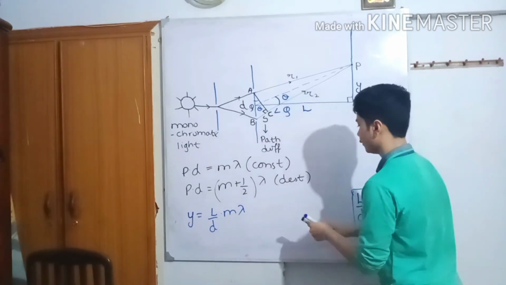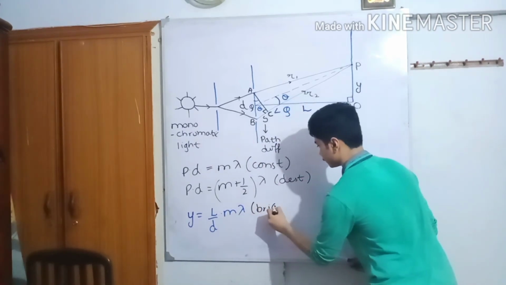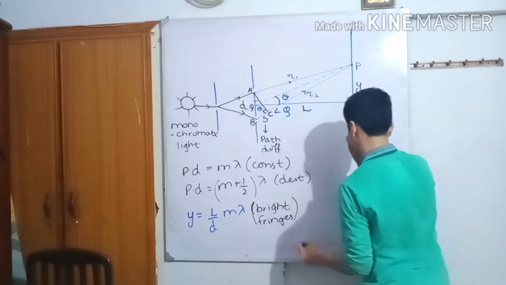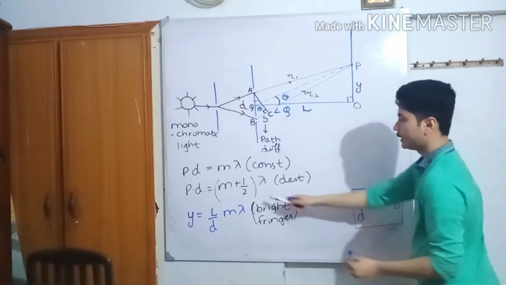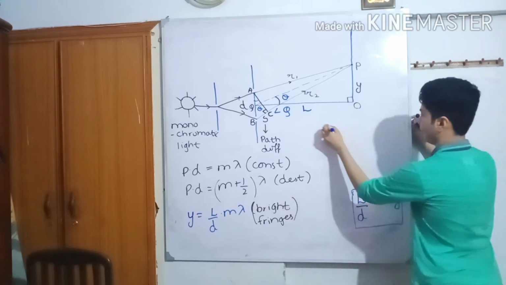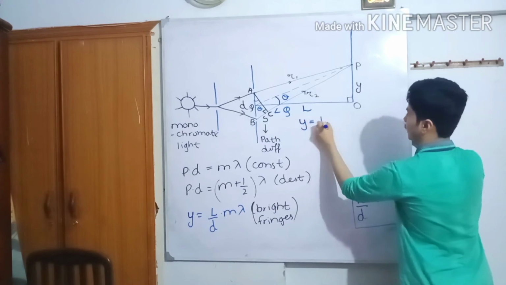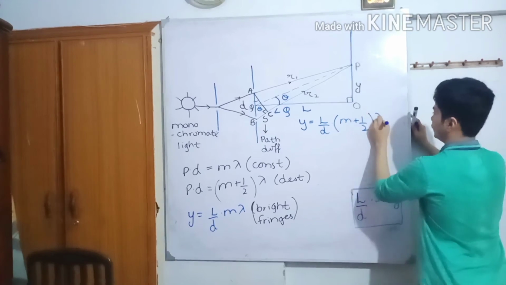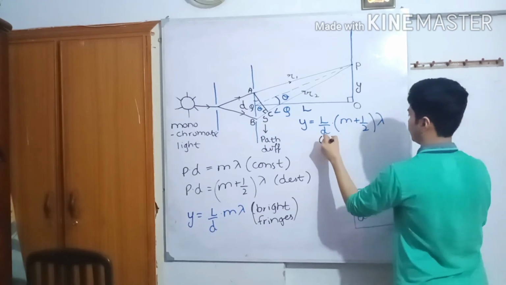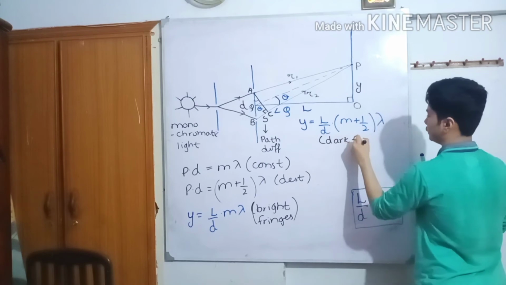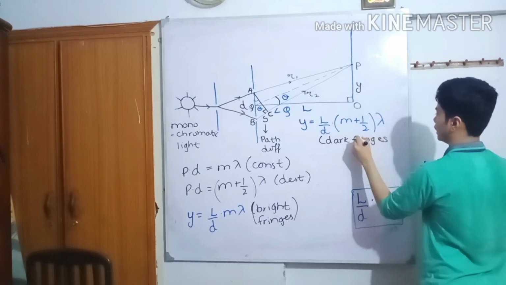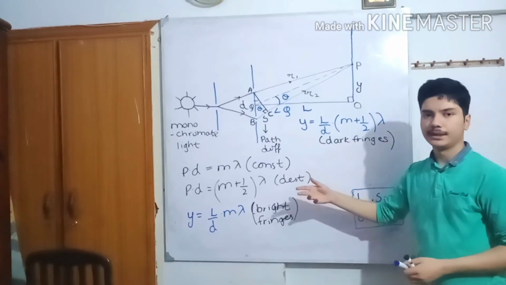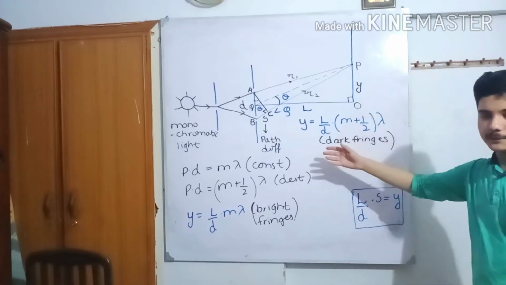This is the equation for bright fringes. And when we put m plus half lambda instead of m, then we get y equals L over D times (m plus half) times lambda. So this equation is for dark fringes. Alright, so we have developed two equations using interference of light from Young's double slit experiment, and